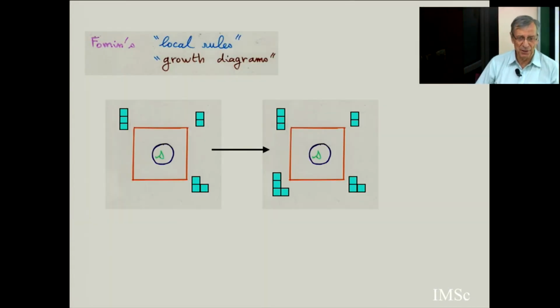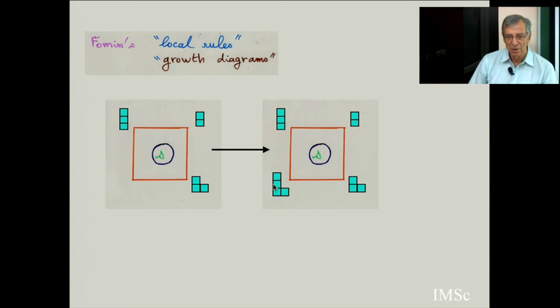In fact, this philosophy of planar rewriting cellular automata is implicit in many, many papers, in particular Fomin's. If you know the Robinson-Schensted correspondence, there is a Fomin way to define RSK with local rules, growth diagrams. So there is a grid, a square lattice. Each cell has a certain label, which can be empty or a point of the permutation. If you know these 3 Ferrers diagrams, then you know this one. This is called a local rule, growth diagram. So you propagate this rule, and this is the way Fomin defines RSK with local rules.